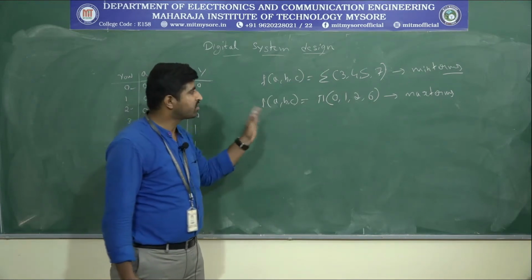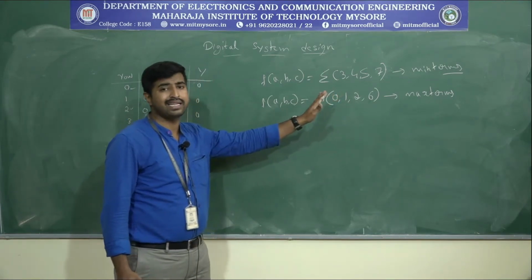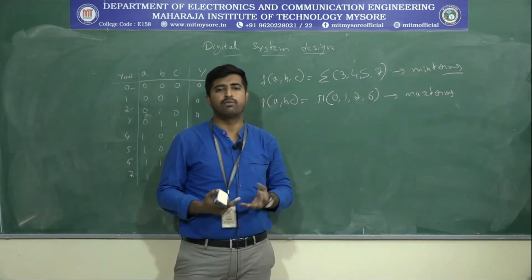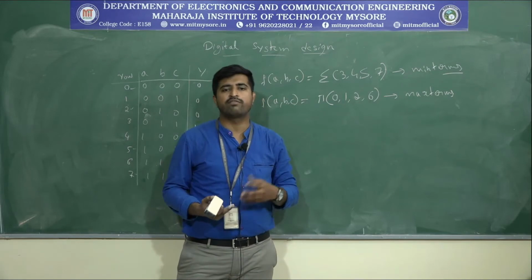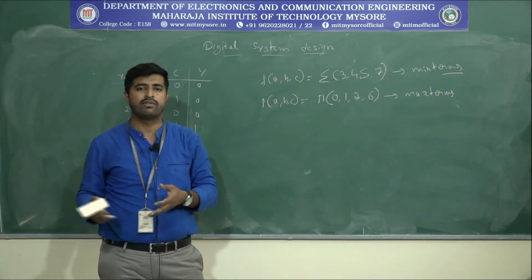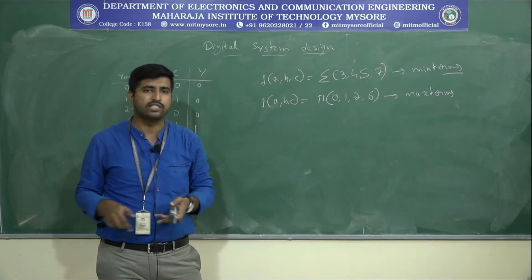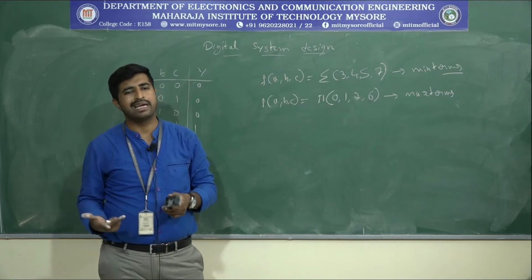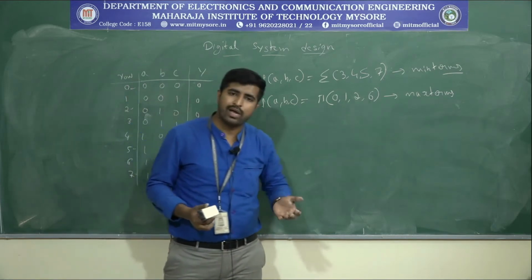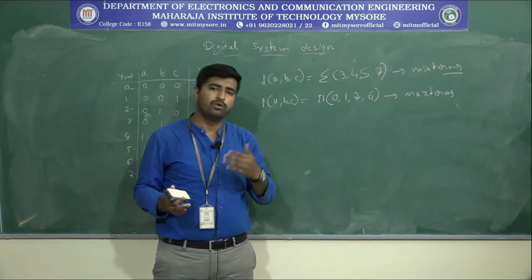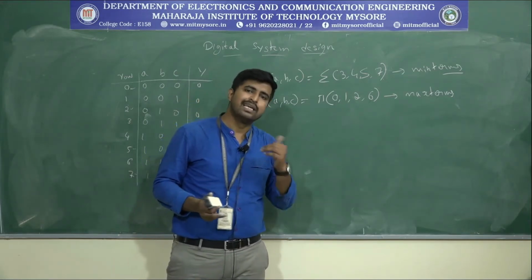If you write the switching equation in whatever way, we will have more circuits and need to use more logic gates. More logic gates means the hardware will be higher, there are more components, and the size will be larger. More size means higher cost, and it may not be reliable. To avoid that, we need to simplify the switching equations. So how do we simplify the switching equations? Let's come to that.